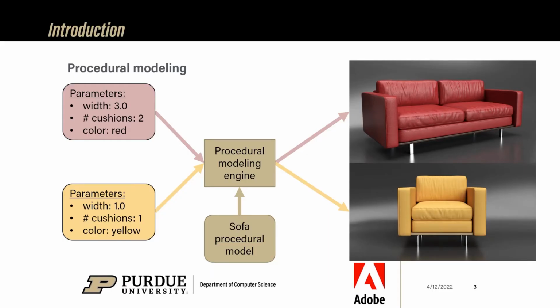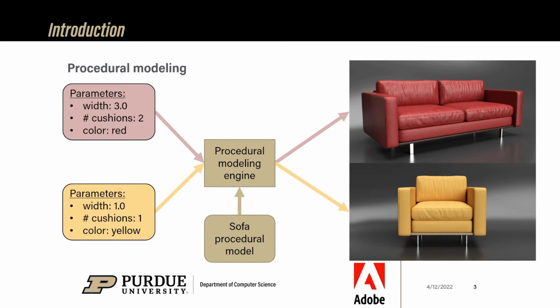To start, just a quick introduction about procedural modeling. It is straightforward. The procedural model is a program that takes as input some parameters and automatically generates a virtual asset. If you change the parameters, what you get is another variation of the model, right? The issue, though, with procedural modeling is that any edits on a procedural model must occur in the parametric space as opposed to the 3D space. Otherwise, you lose the procedural nature of the model.